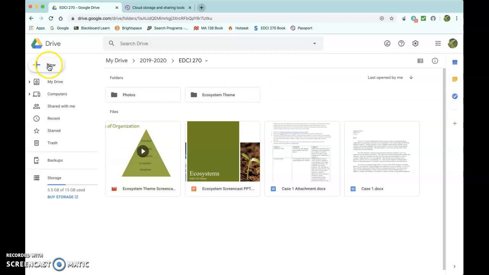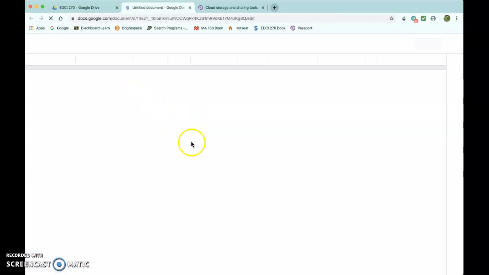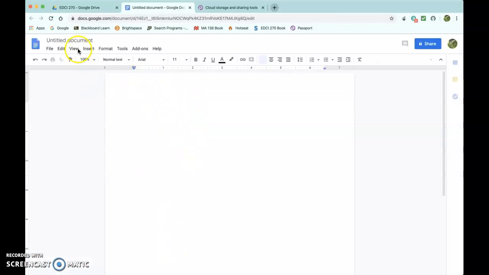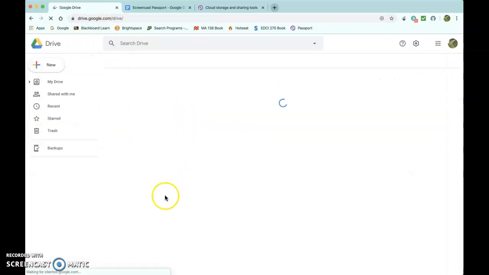To create a new document, you go up here to New and then Google Docs, and then you can go ahead and type, and you can title the document. I'll just call it Screencast Passport. And then if you go back out to the main page,